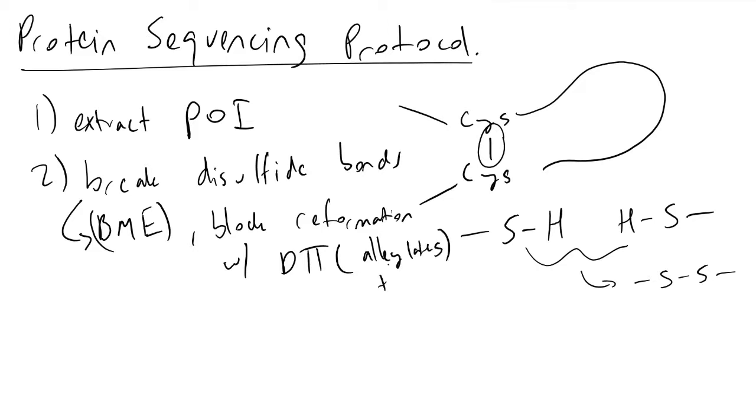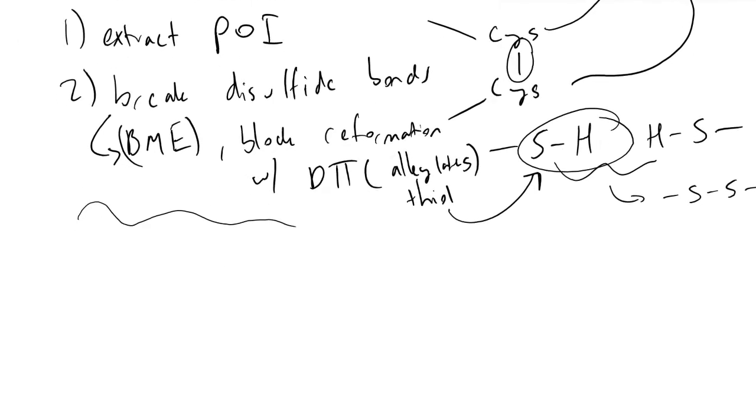the thiol. And so this thiol here, if we formed some kind of sulfur-carbon bond, the Gibbs free energy to form a disulfide bond would no longer be spontaneous, and so it wouldn't happen anymore. So it's essentially forming a protecting group, to keep these disulfide bonds from forming after we've hit them with BME. And so now that we have, after step 2, a long sequence of amino acids, what we do next